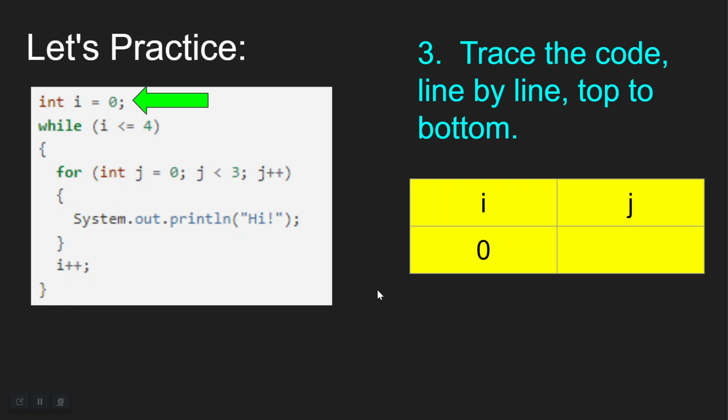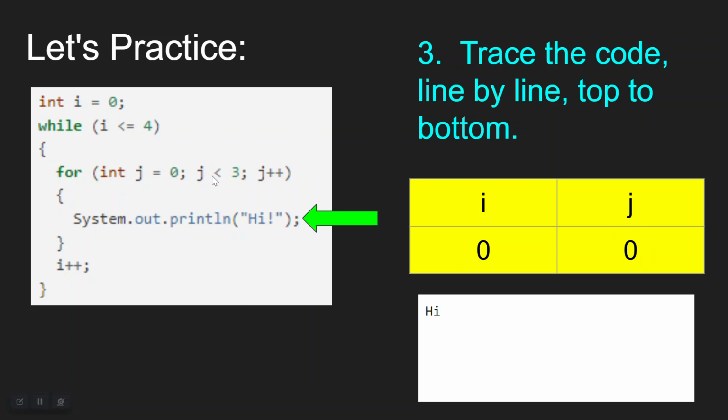So here we go. int I equals 0. So we've got 0 in here for I. And then we're going to do this while loop as long as I is less than or equal to 4. Obviously, 0 is less than or equal to 4, so that will evaluate to true. So that means we're going to hop into our loop. Now we're instantiating J to be 0, and as long as J is less than 3, we're going to go ahead and do what's inside. So we're going to print "high",